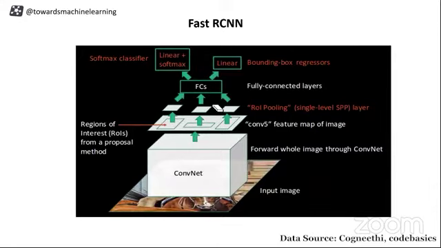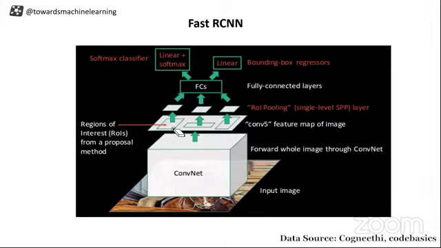Okay, how does it look? It looks like this. You have a convolutional neural network. First, you pass the whole image through the convolutional neural network, and then you have the region of interest pooling over here. Before that, you have selective search that will be telling you the region of interest.